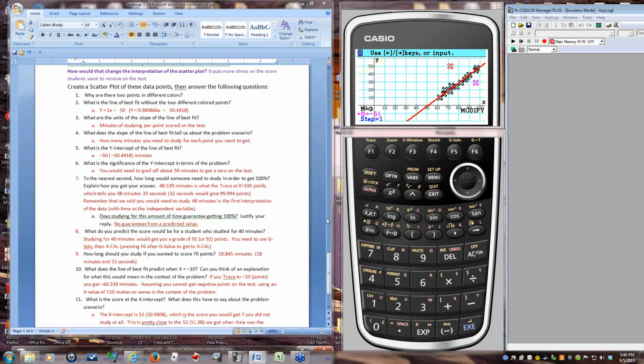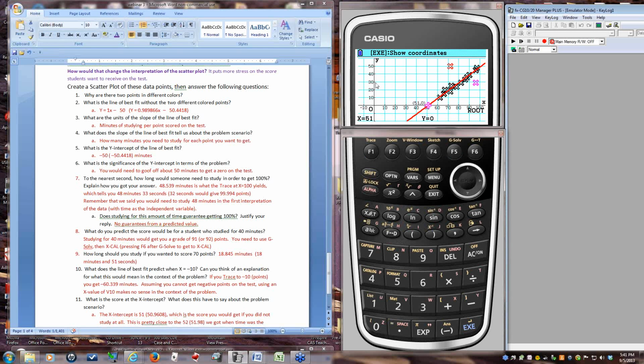I can go back through all of the same questions we had before. If I look at the slope, the negative 51 y-intercept is real close to that negative 52 I had for the x-intercept the other way. The x-intercept here, if I want to do that, let's exit out of this. So now I can go in and do some G-Solve. If I find the root of the equation, it's 51. And with the other line of best fit, I had a y-intercept of 52.